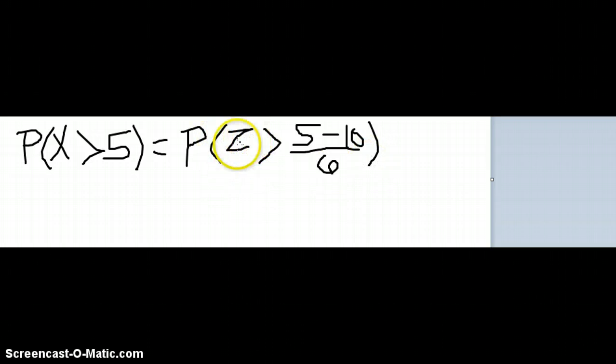And again, before we write this z, we could have written (x minus mu) divided by sigma, because that's exactly what we're doing over here on the right side. To get this, then, what we really need is Z less than. That's how our standard normal distribution is defined, if you look in the tables. So we would need 1 minus this here. And this is 5 minus 10, negative 5/6. So we'd have 1 minus